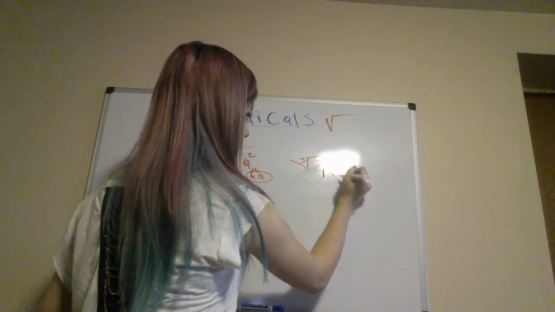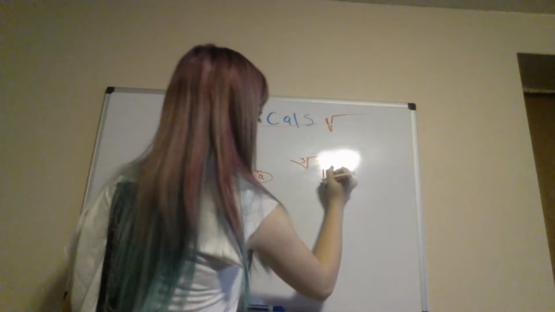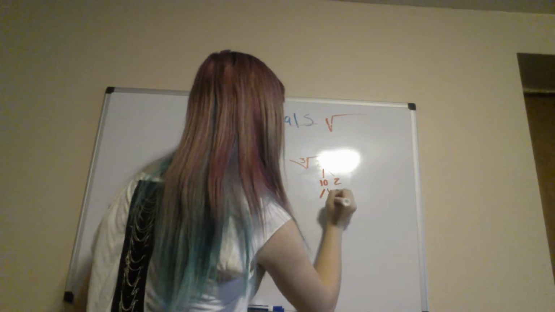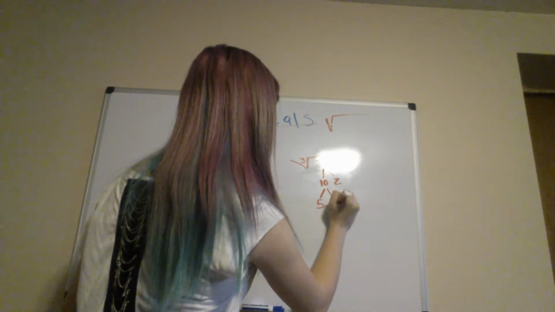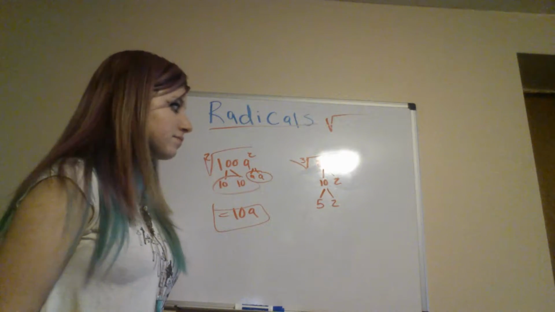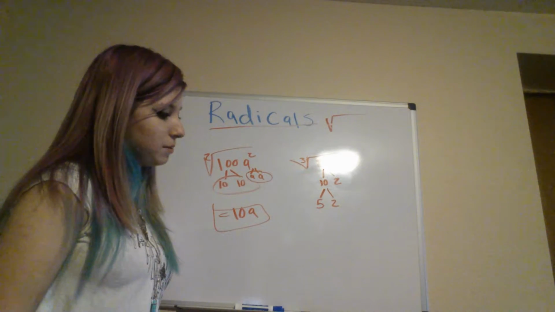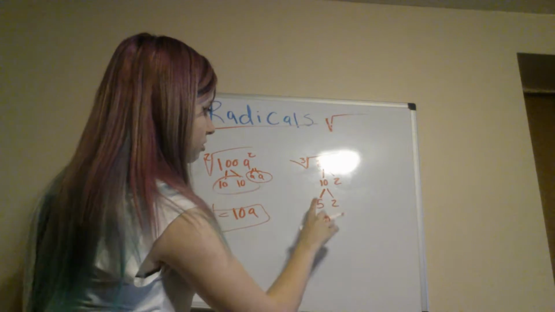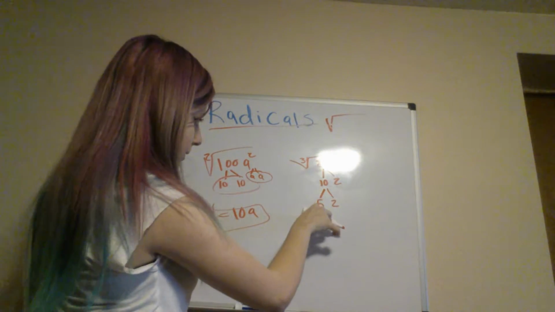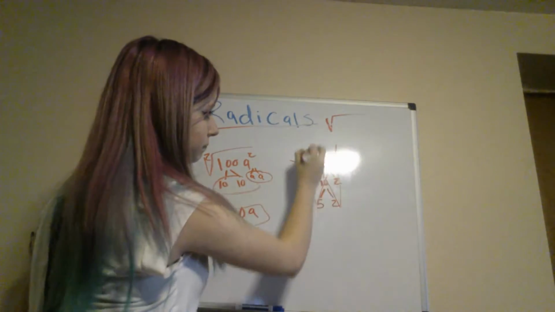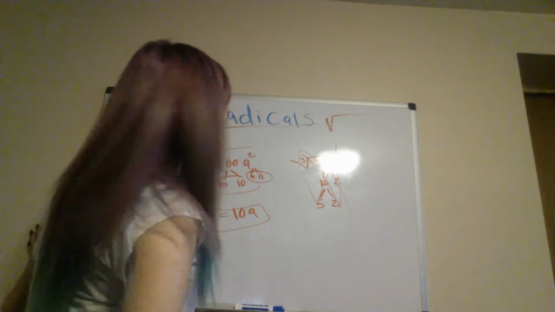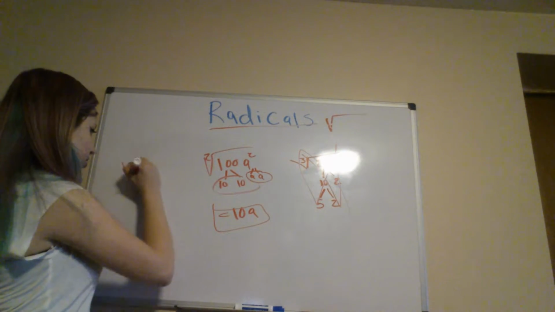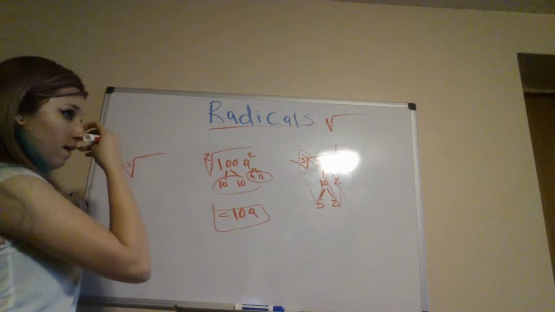So 20 breaks down into 10 and 2, right? And then the 10 can break down into 5 and 2. And that did not work at all. Okay then. So obviously the cubed root of 20 is not possible, because that didn't work out the way I wanted it to. So let's go over here and let's do the cubed root of